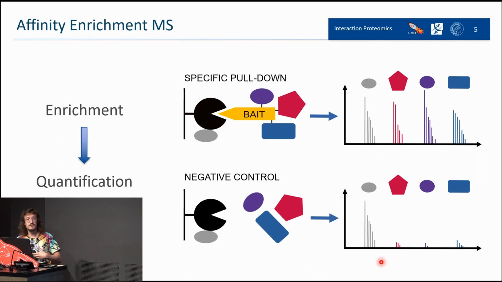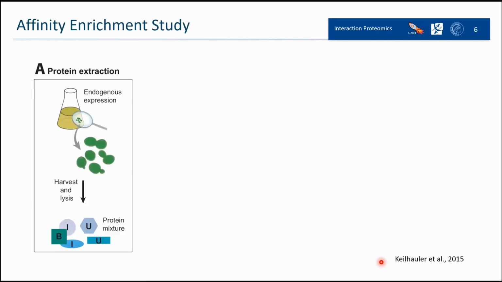And now you can imagine that you just use a volcano plot, and you will get rid of the unspecific binders. But we will see this in more detail now. So you have data coming from this specific paper, the paper in which Affinity Enrichment MS was introduced by Hein et al. And more or less what they did is this.